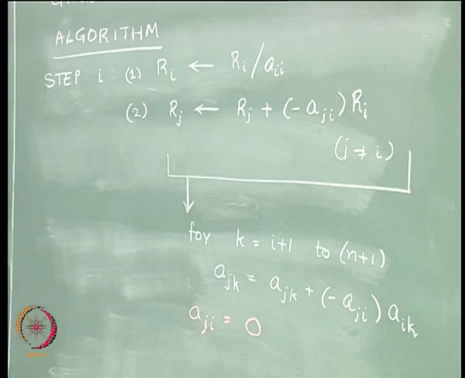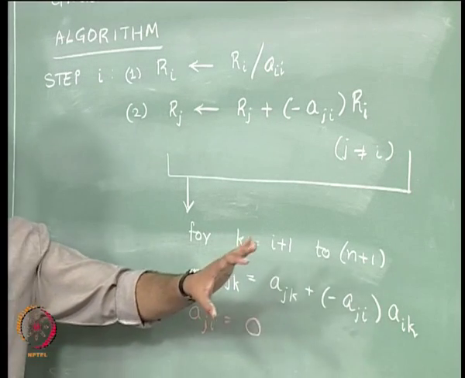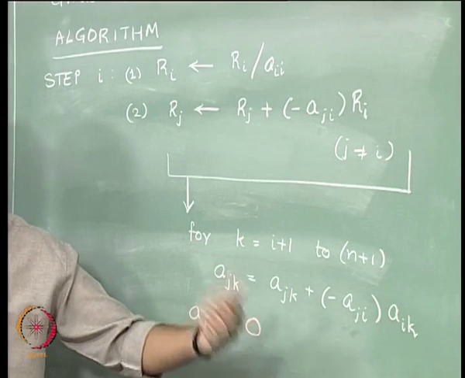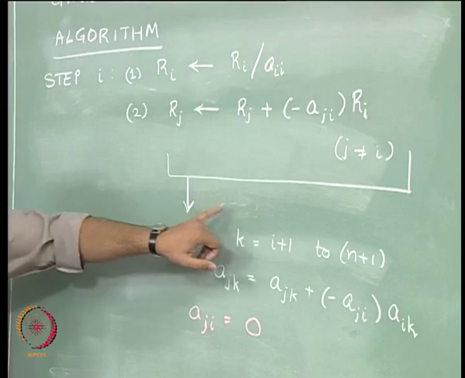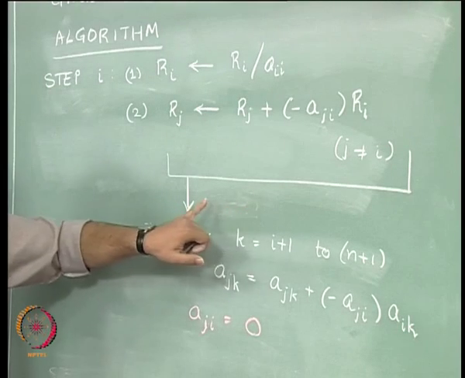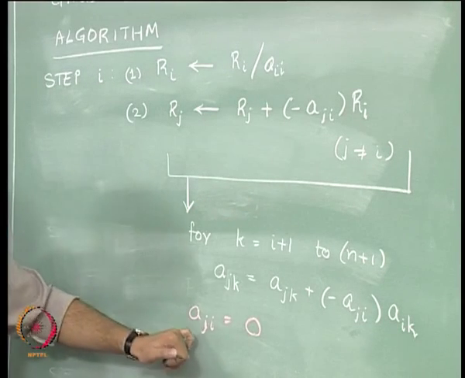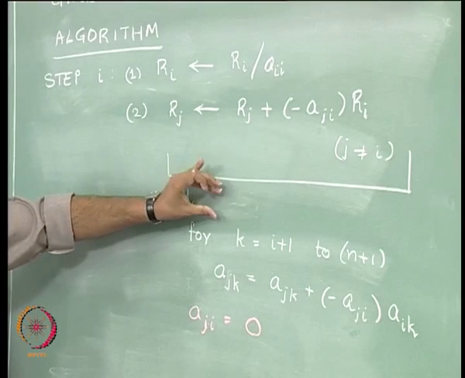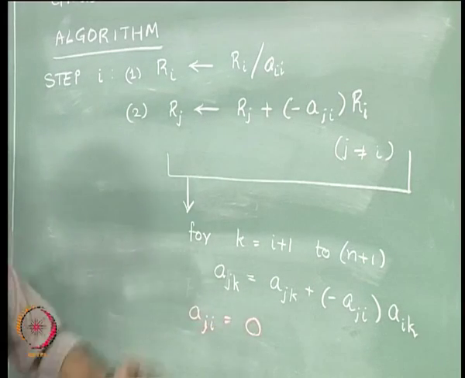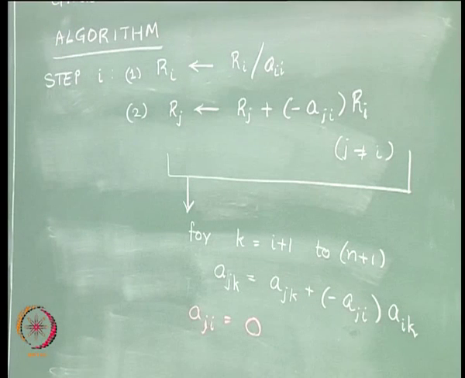Okay. And again, explicit computation of alpha j i is not needed, because alpha j i is nothing but a j i. Because what we could have done over here is alpha j i equal to a j i and then put a j i equal to 0. An easier way to do it is just replace this a j i from over here to over here. So, this is the overall procedural steps for the Gauss Jordan elimination.